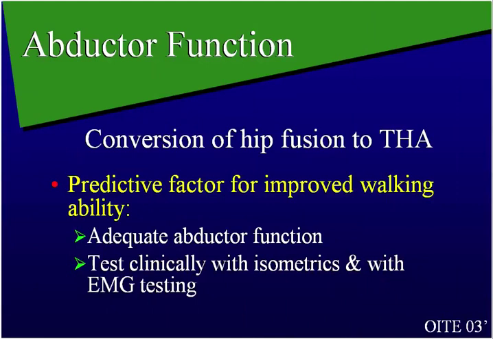Conversion of a hip fusion to a total hip. The predictive factor for improved walking is adequate abductor function. I throw this in because this goes in with abductor functioning. So if you have a hip fusion and you want to restore and convert it to a total hip, if your abductors don't work, then you're going to have a limp and you're going to run the risk of a